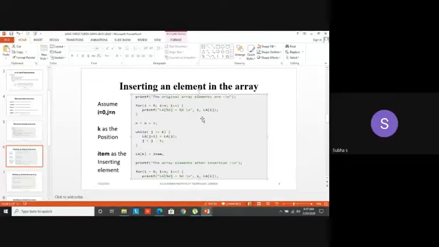So you are going to check a condition: while j greater than or equal to k. What is j here? I have assigned j as n. N means 5 elements, so 5. 5 greater than or equal to, suppose I want to insert at the third position. Yes, 5 greater than or equal to 3. Condition is true, so it will come inside the loop.